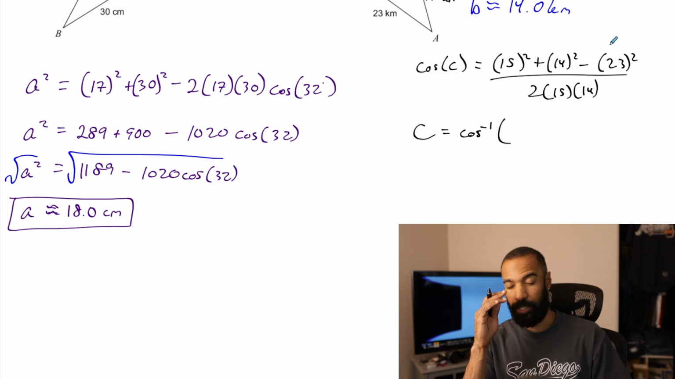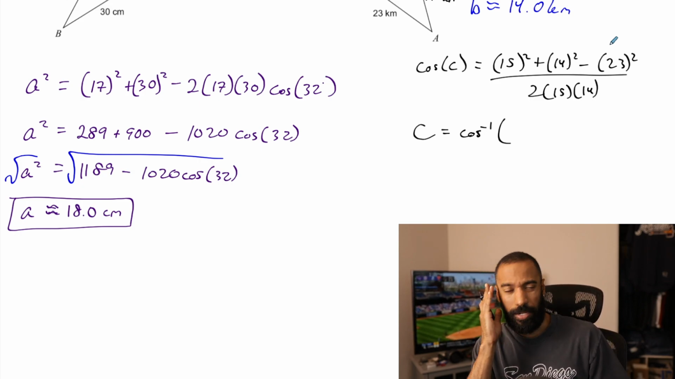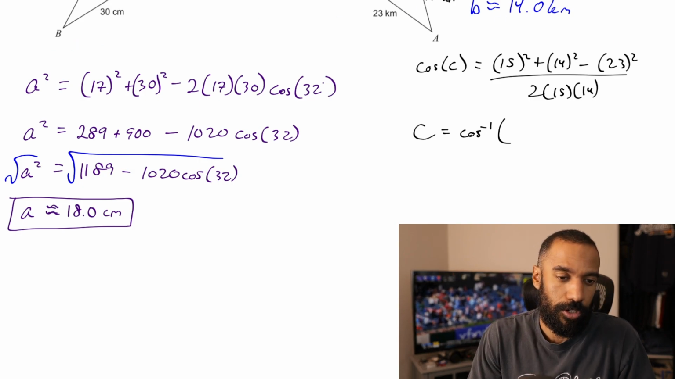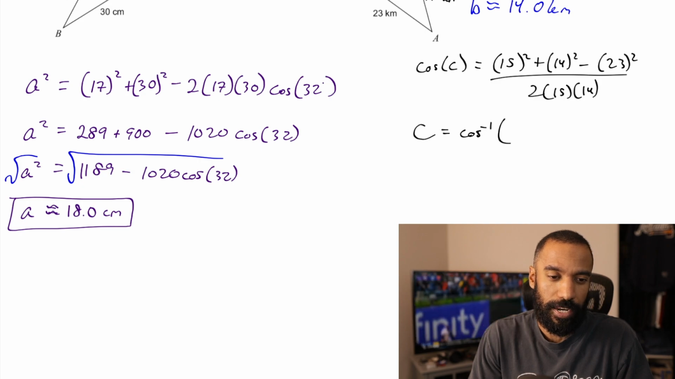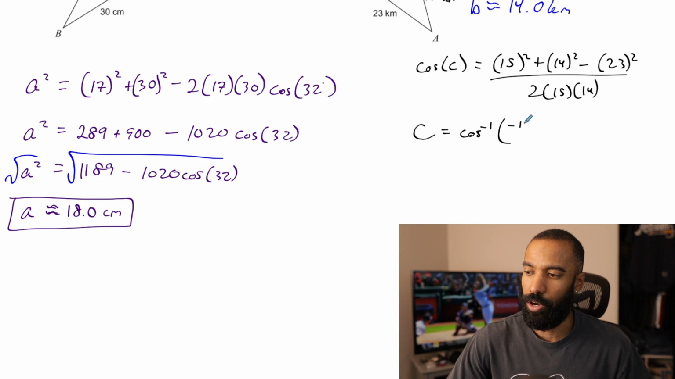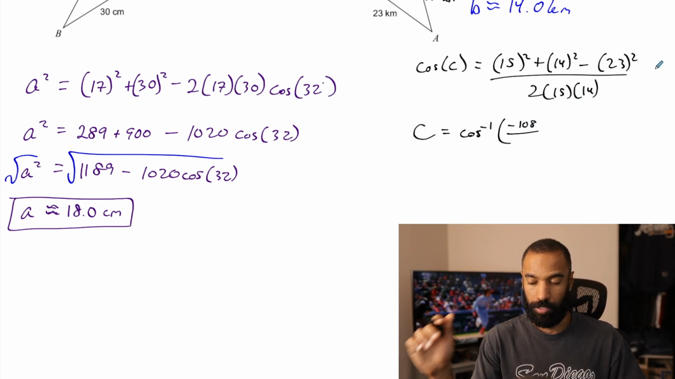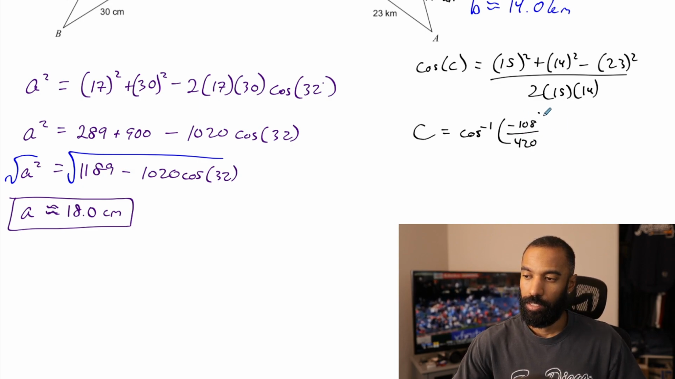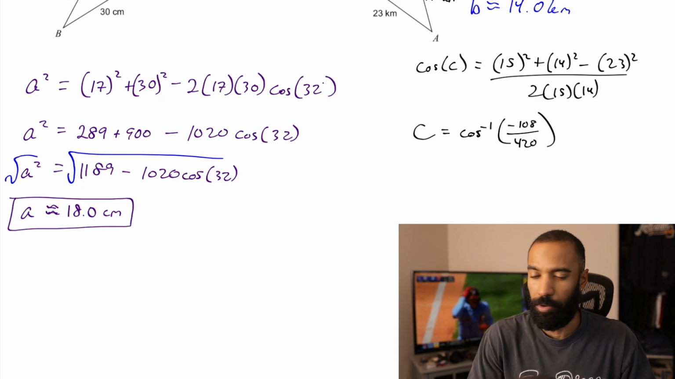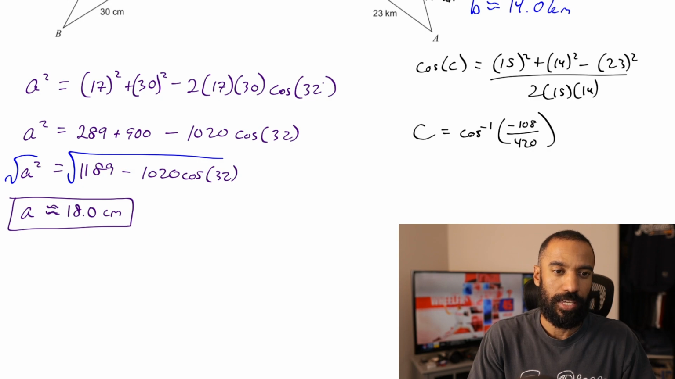So 225 plus 196 is 421, minus 529, I should say. 421 minus 529 is negative 108. So negative 108 over 2 times 15 times 14, which I think is 420. So I'm going to do the inverse cosine of that really fast. Just take my word for it: negative 108 over 420. I hope the math was done correctly. And I'm getting